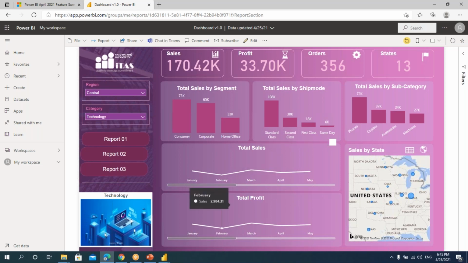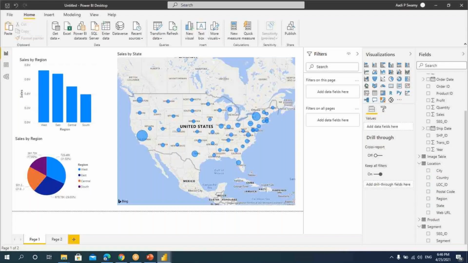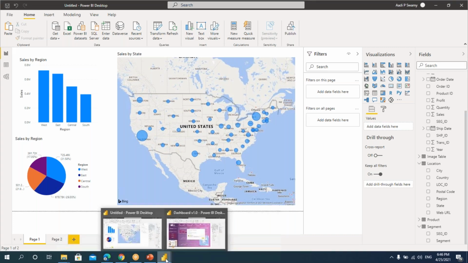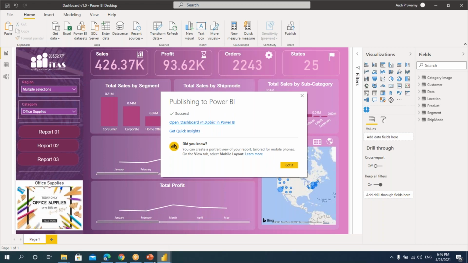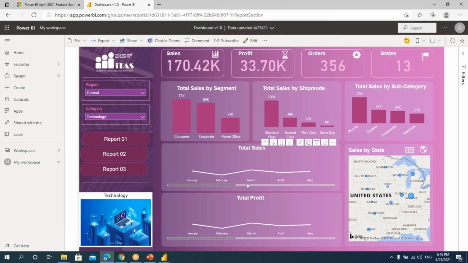So here I can share the file in two different ways. One is directly I can share this PBIX file, that is Power BI file, to you directly as a source, or I can also share this online file, where you can directly open this and you can modify it as well. But for this, I need to give the permissions.